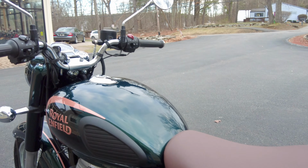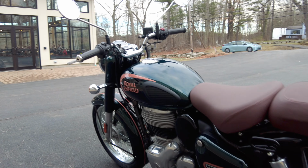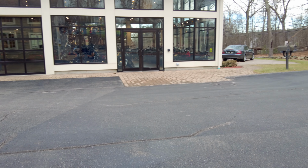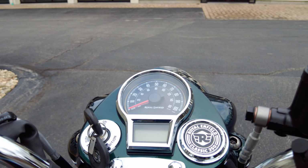So enough about that. Let me get it off the center stand and I'll resume back on the machine. Okay, now it is on the side stand and I'm going to throw a leg over it, stand it up. So looking at my feet, I'm flat-footed with a slight bend in the knee, as we see on both sides here. I am 5'11", so I do have a little bit of height on my side, but even so,